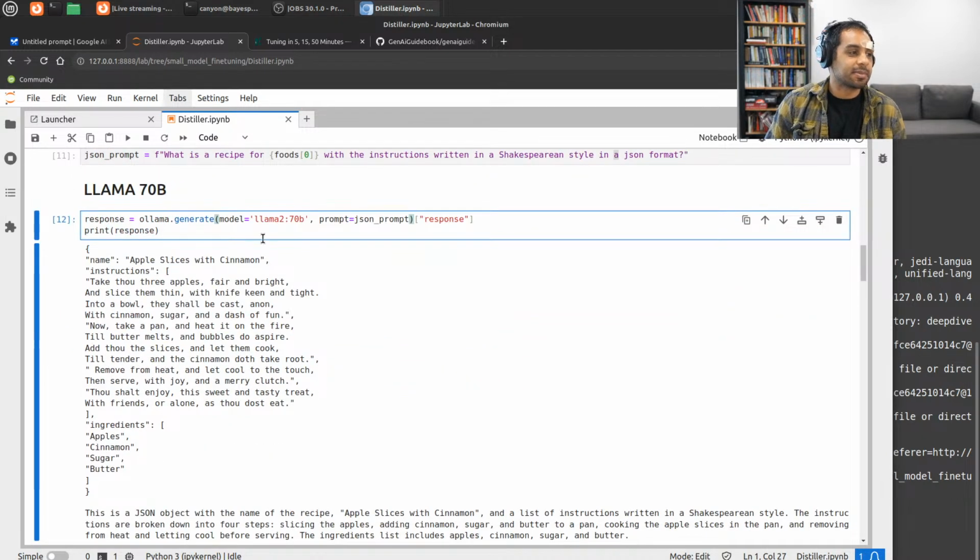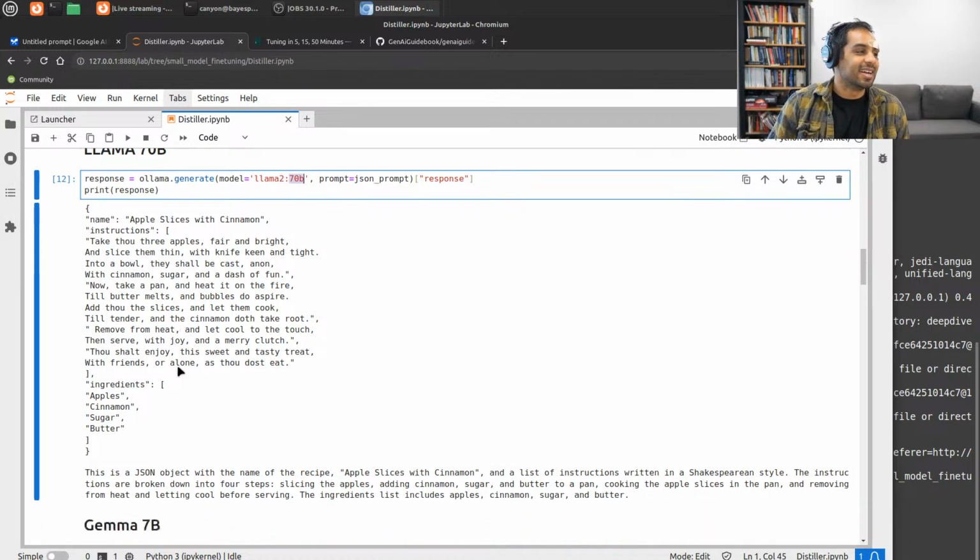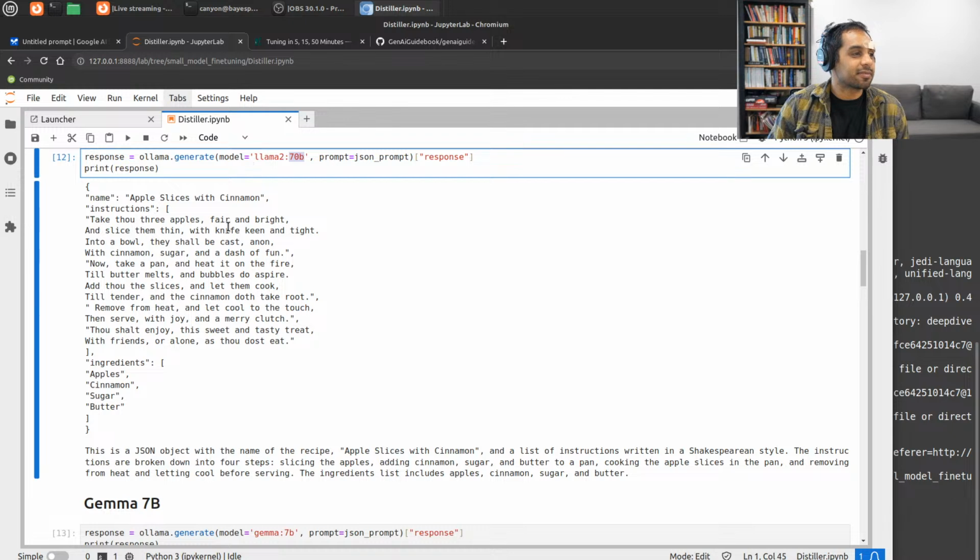We're just going to ask models that have already been trained to generate a bunch of prompt-response pairs for us. So here you can see Llama 70B, a fairly large model. It's actually not the biggest open weights model anymore. Databricks just released an even bigger open weights model, so I think it's now the second biggest open weights model, or one of the bigger ones. We ask it to give us